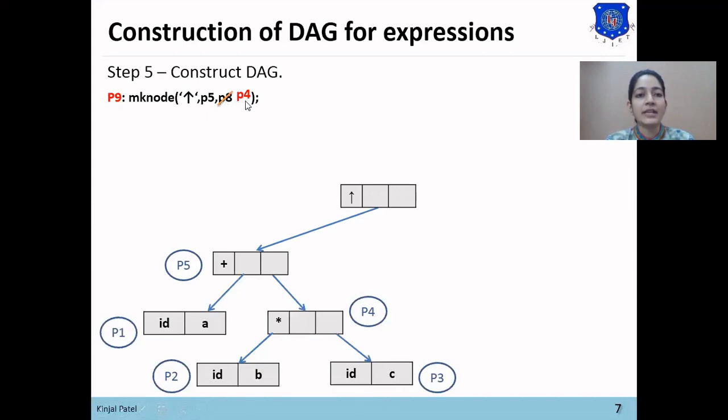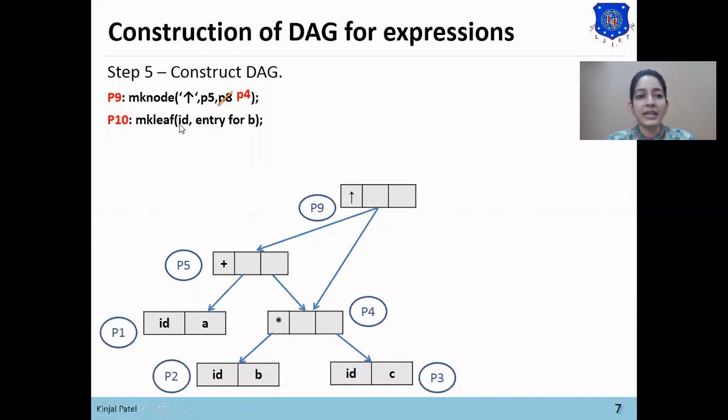The right child of power is P4 instead of P8. So the right child of this power is P4 and this node will become P9. Here you can see the change, that we have linked this power operator's right child to B star C, which has already been created.